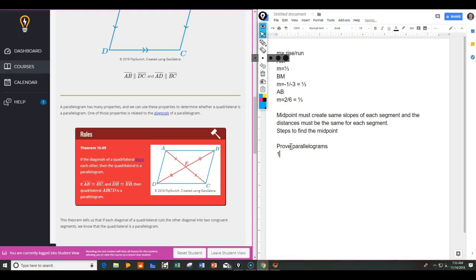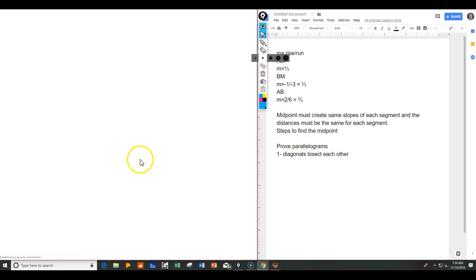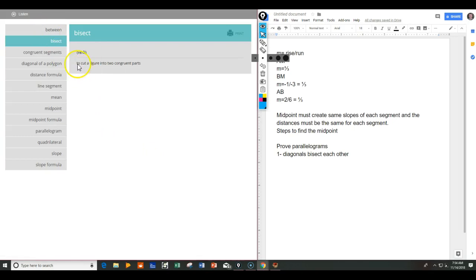that means we would first have to know, what does bisect mean? Diagonals bisect each other. So let's break bisect down. I'm going to select on bisect. It'll cut the figure into two congruent parts. Okay, so I'm thinking to myself, what have we been working with that can show that we would cut the figure into two congruent parts? Well, that would be the midpoint for each diagonal